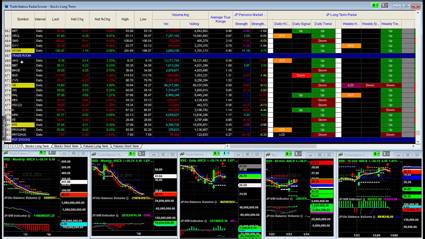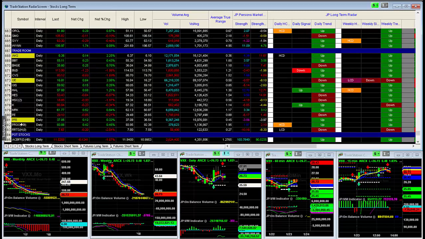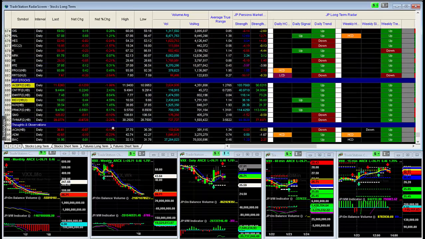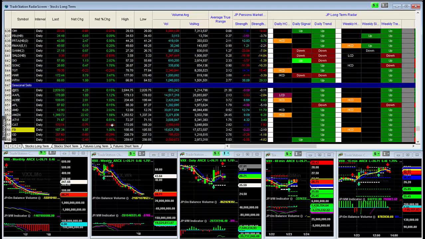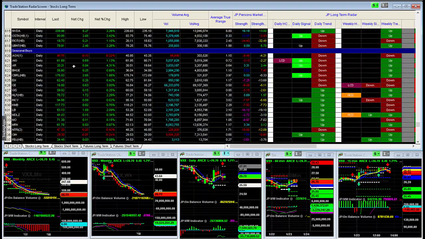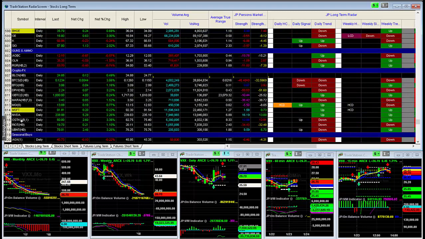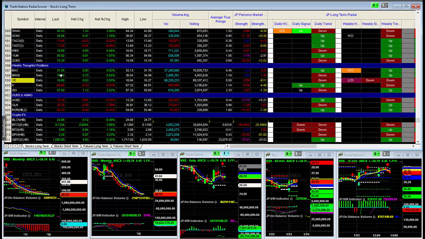We have stocks that we've talked about in the trade room, for example, the weekly thoughts and observations, positions that have been entered on behalf of the thoughts and observations. I also keep seasonal buys, seasonal sells. For example, we have crypto FX, a whole listing of stocks there, guns and ammo.